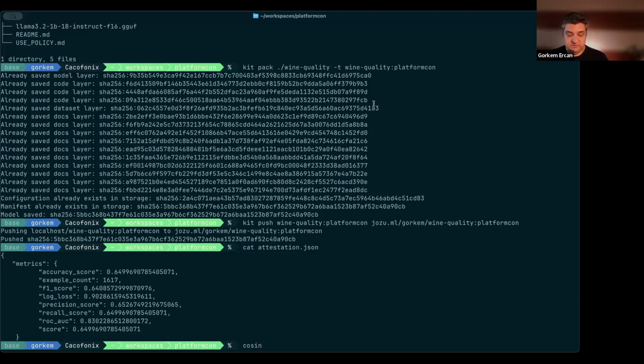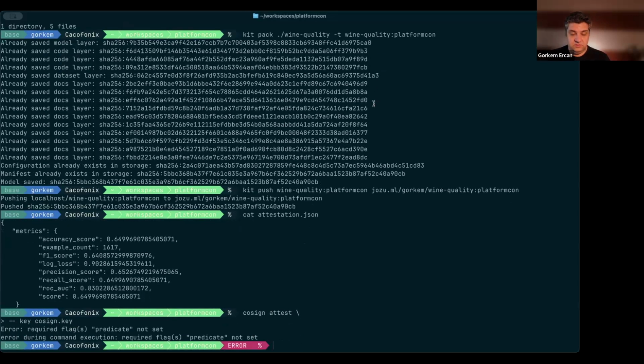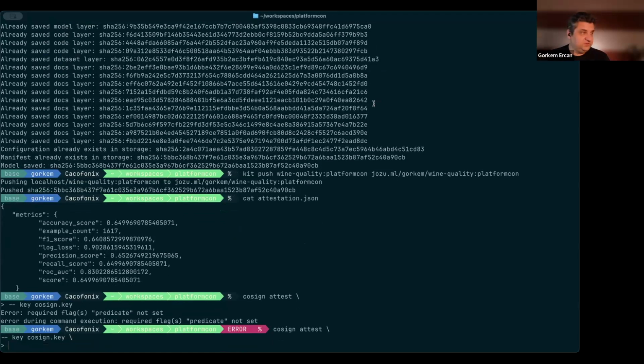All right, let's do our cosign. This time we're not going to use the sign command. This is the attest command, and of course our key. Of course, we did the predicate, which was the attestation JSON that we just looked at.